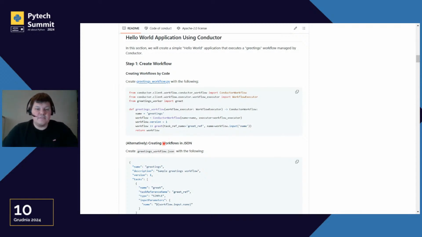However, underneath we have JSON. That's why in the documentation we can find an alternative, creating workflows in JSON. So from day zero, out of the box, it's JSON. And Netflix Conductor just translates our Python to JSON. That's how I understand this solution.